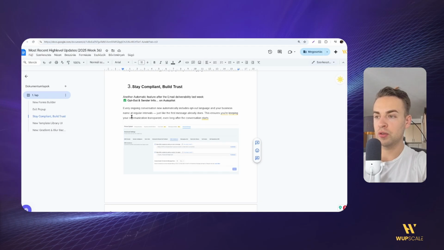So here's a screenshot of under phone system advanced settings. Now you can just turn these on and then make your SMS compliant by adding sender information and then adding an opt-out message. So it's gonna automatically add that you can reply stop anytime to stop the SMS marketing, for example. Because it's different in every country, it's different in Europe with the GDPR. I know California has some strict rules as well. So now HighLevel is going to do it instead of you to stay compliant,